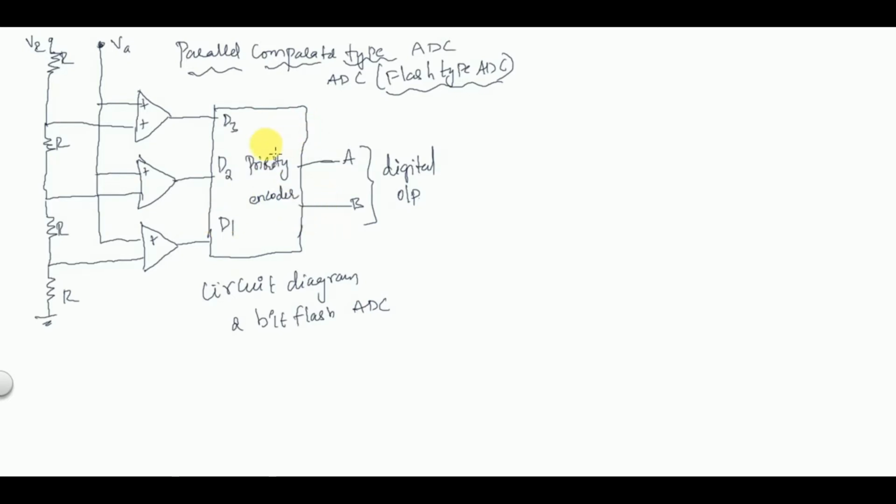Here in this flash type ADC we are going to use a priority encoder, with D3 as the highest priority and D1 as the lowest priority input. This is about the priority encoder, and we are using 3 comparators. 3 comparators are going to be used here, 1, 2 and 3. Okay, so for each and every comparator,